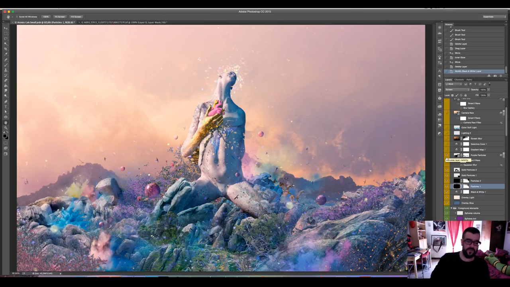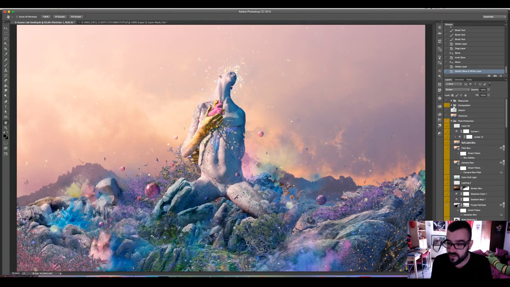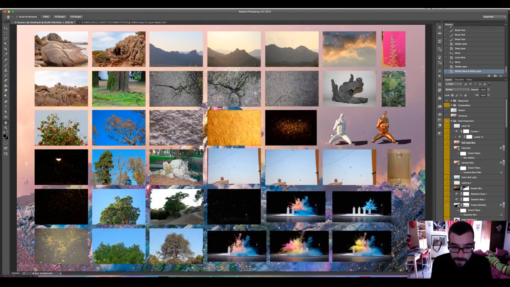Well, now I'm going to talk to you about particles, a lot of them. Air is always filled with stuff, so if you want to add some magic and fill the atmosphere of your composition, I recommend you get particle photos that you can photograph at night. If it's raining, you just have to point your camera and you will get photos like those. Let me show you.